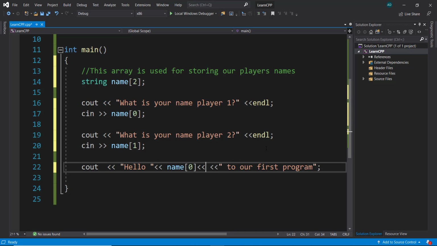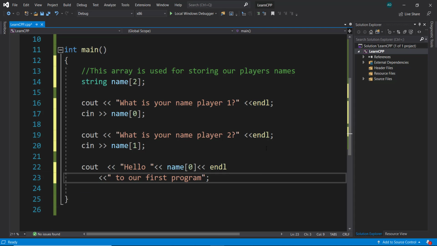And then what we can do is end that line. So we go to the next line. And what I'm going to do is just press enter here. And it's going to continue. It'll work this way as long as we have the semicolon there and the line runs continuously. So we're going to print out hello, and then whatever our first player's name is, it's going to end that line. And then what we'll do is we'll put hello, blah, blah, and